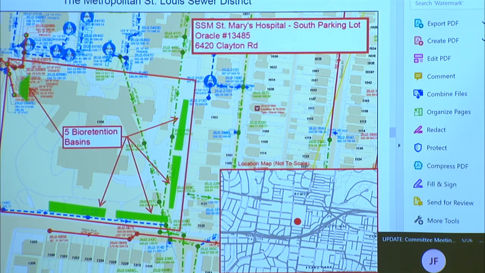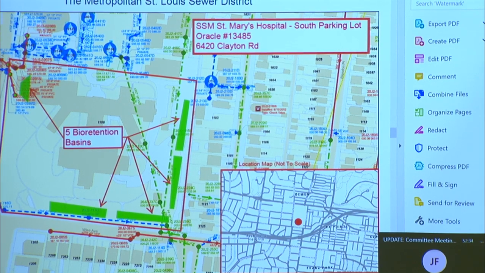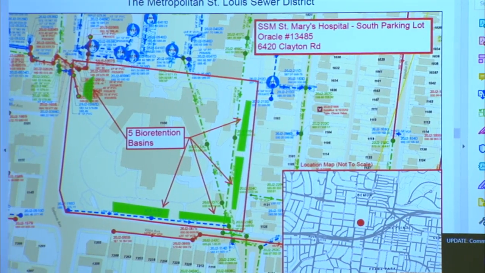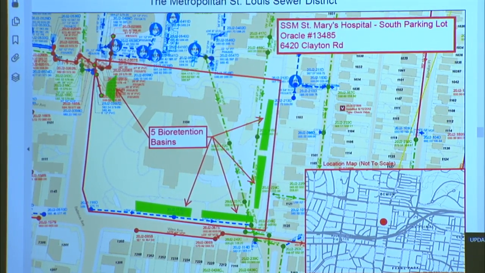So there's a significant amount of flow being captured from the parking lots and percolated into the ground before it goes into the combined sewer system. I know where the hospital is located, the rain runs pretty fast down the street there in front of the Cheshire, so that'll be good.